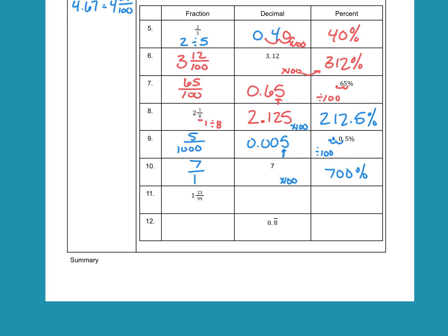Here we're going to throw in those repeating decimals that we were learning about. So I see that 99. As soon as I see that 99, that's telling me that this is repeating. So I have 1 whole part, and then my repeating part is the 2 and the 3. So I put a bar over it to show that it is repeating. When I turn this into a percent, though, I multiply this by 100. However, do not just put 1.23 in your calculator, because that's not really what it is. It's really